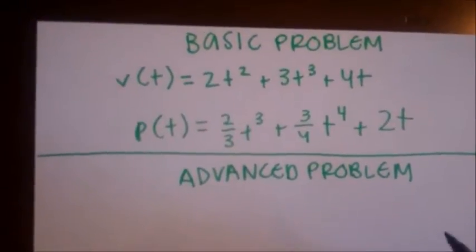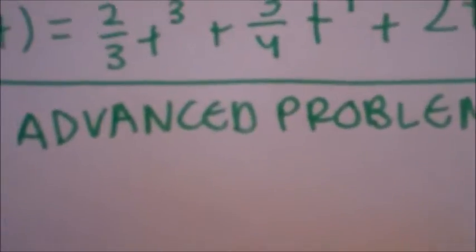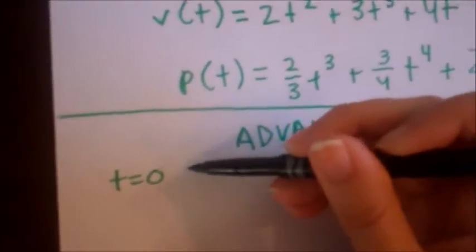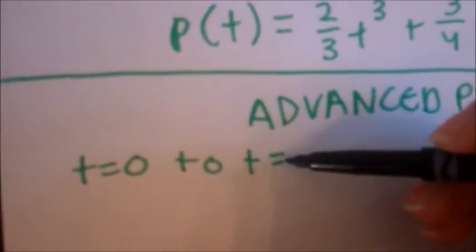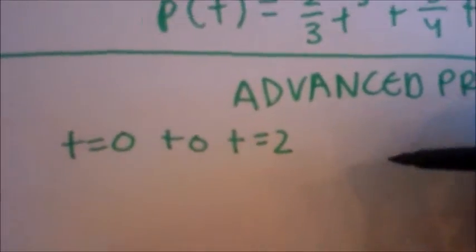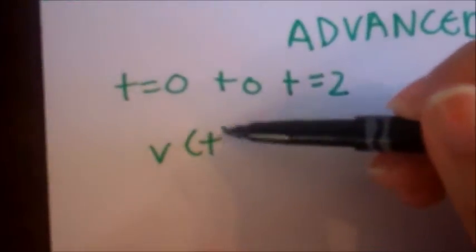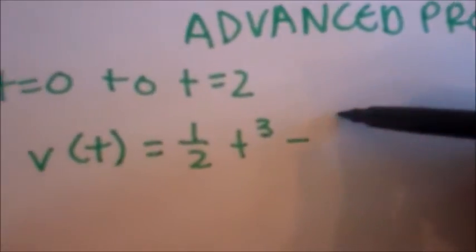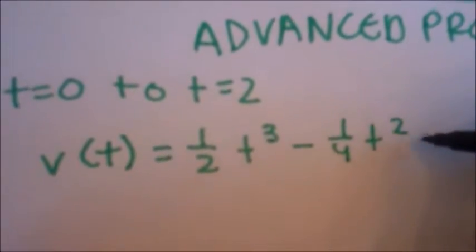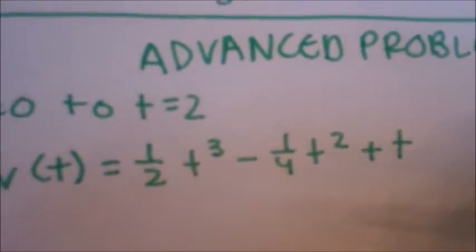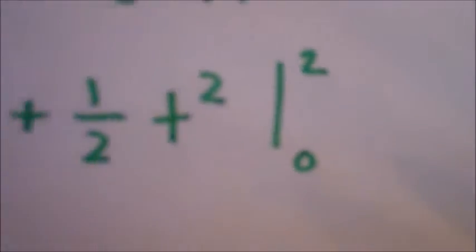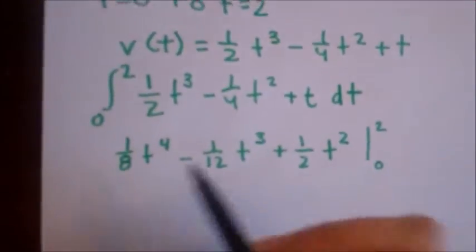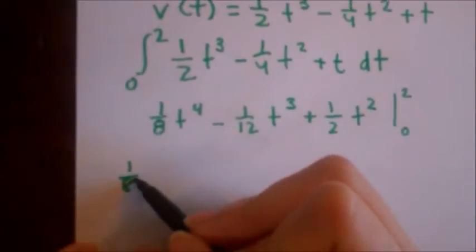Now that we've mastered the basic problem, let's move on to the advanced problem. Find the displacement from t equals 0 to t equals 2 of a particle with a velocity of 1/2 t raised to the third minus 1/4 t squared plus t. However, it's important that you must take it from 0 to 2 seconds. So, plugging in these numbers, you get